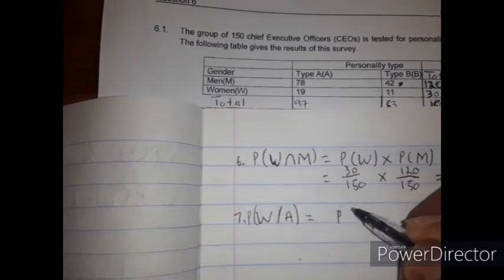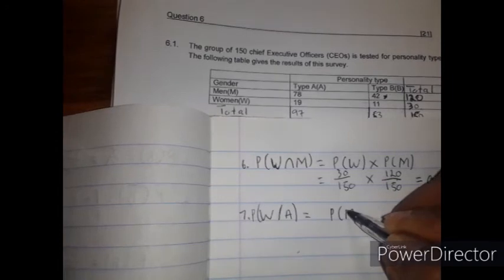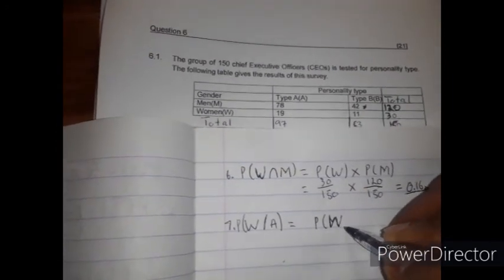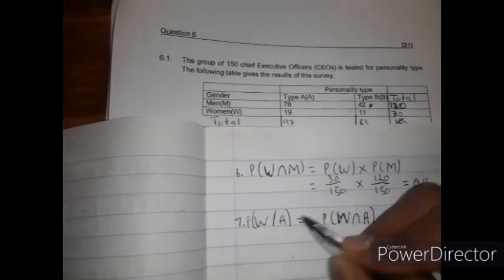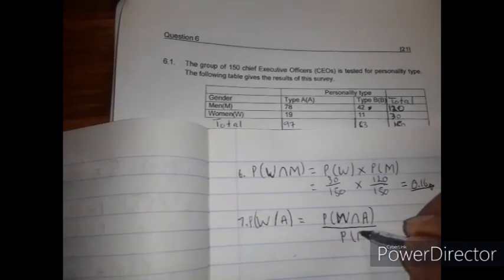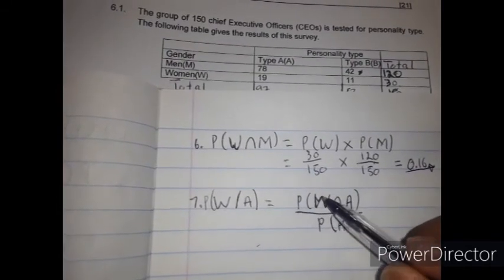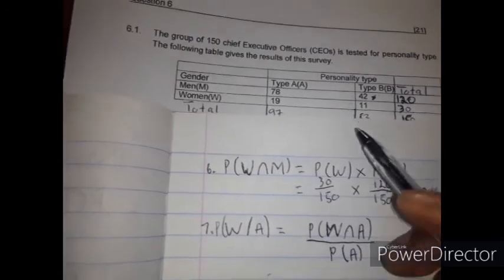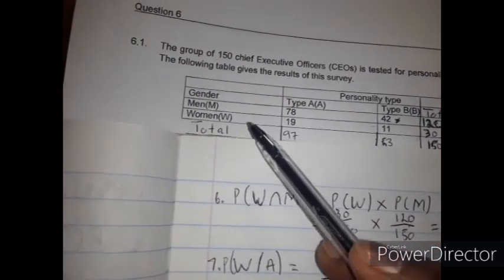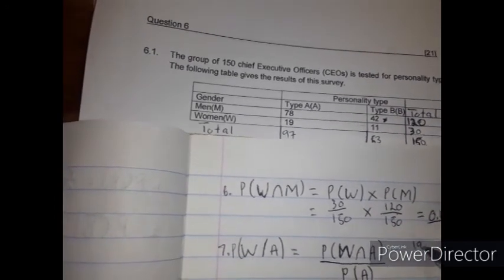So the formula is P(W and A), which is the intersection of women and type A, divided by the probability of type A. It's where they intersect, women and type A. There's women and there's type A. They intersect by 19 over